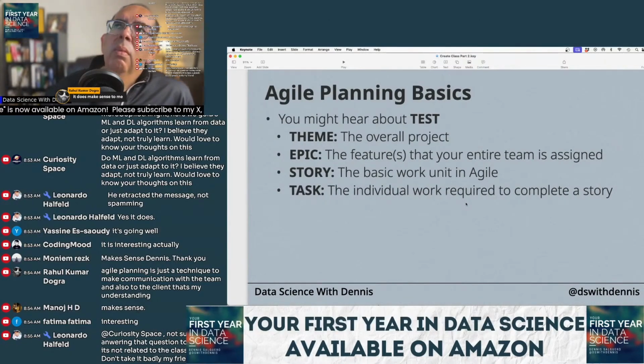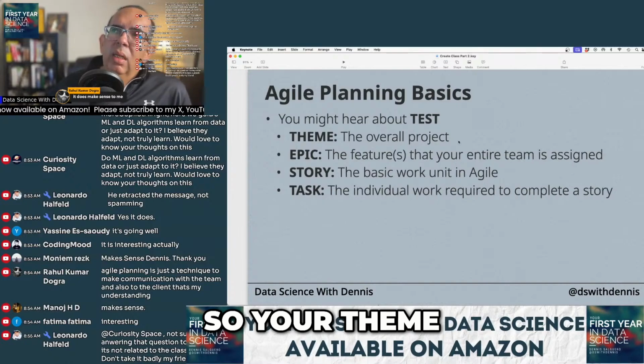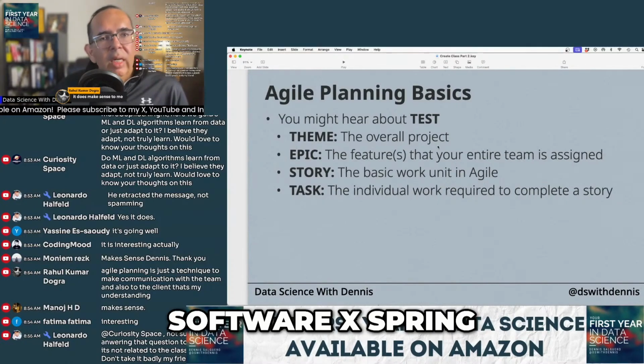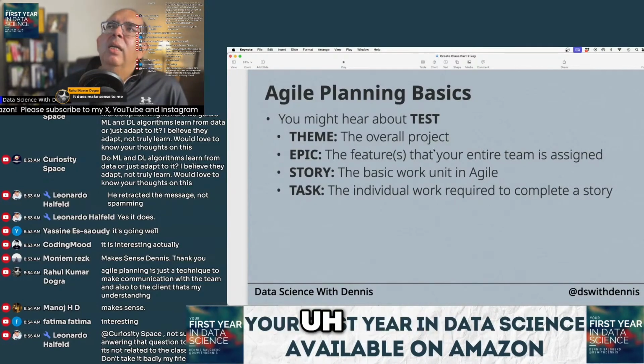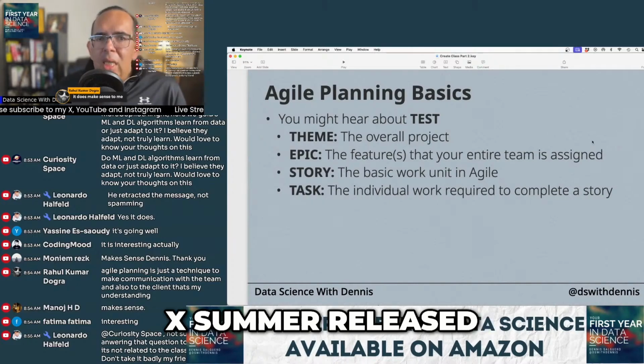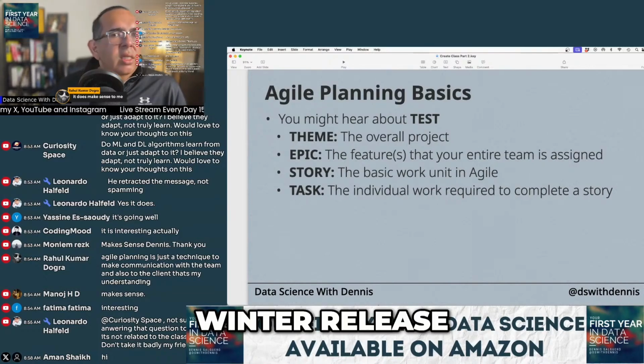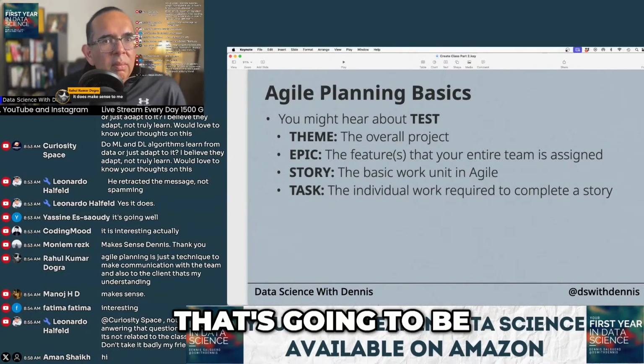So your theme might be software X summer release 2024, or Project X winter release 2025. That's going to be your theme,